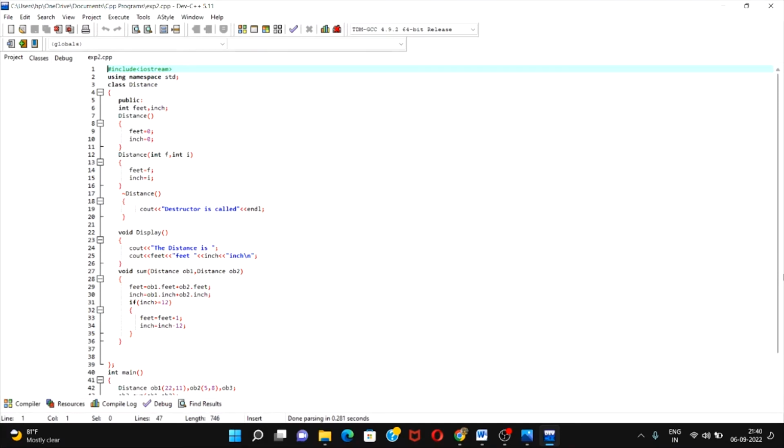So today we are going to learn the second lab program in object-oriented programming through C++ lab as per JNTUK syllabus, which is for R20 regulation for second CSC students. And here is a program which I already described. The program description: we have to create a class with the name distance and we have to take two data members, feet and inch, and then we have to use the constructor and destructor concept for adding two distances